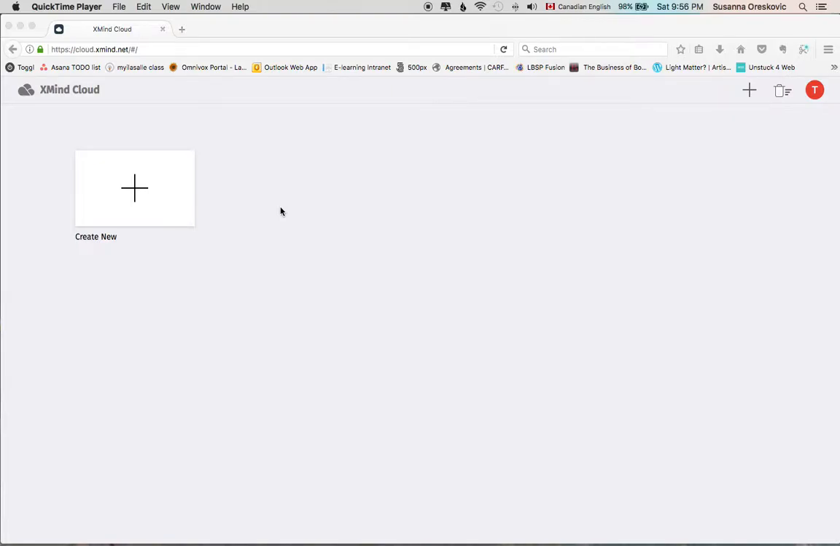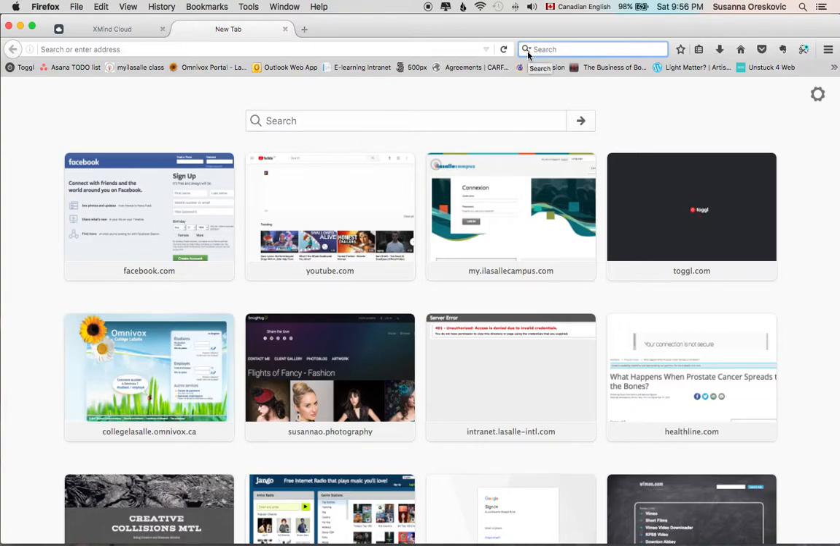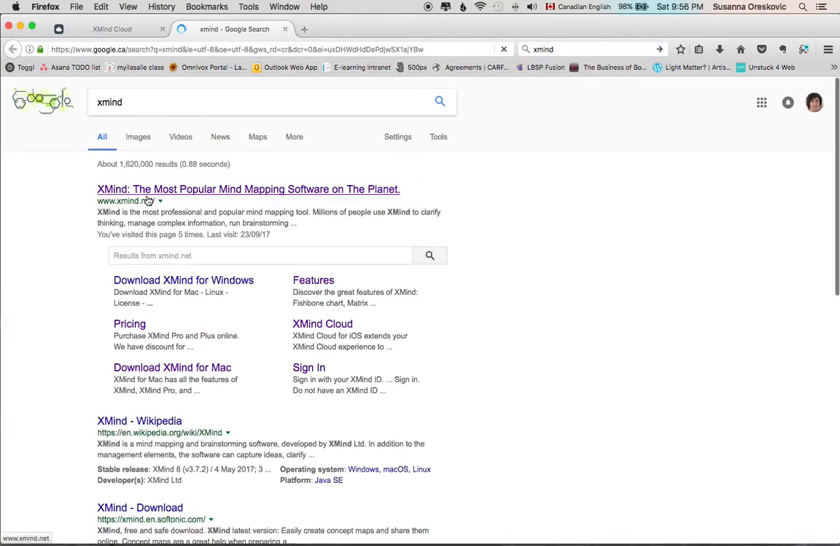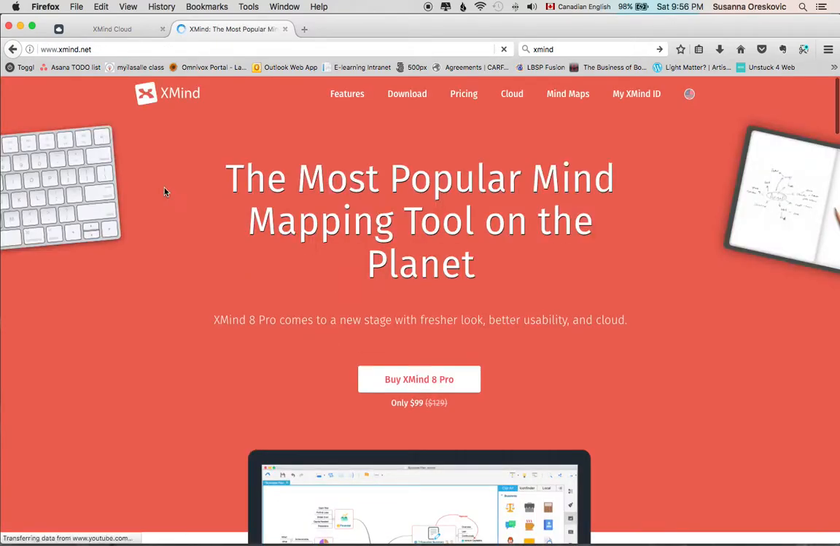To do a short demo of XMind. XMind can be found at, just doing a search, XMind, and you get to www.xmind.net. So you'll see this come up, and what you could do is, I've already signed in, I've registered an